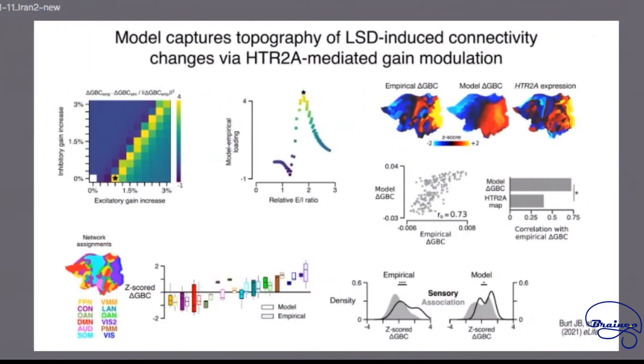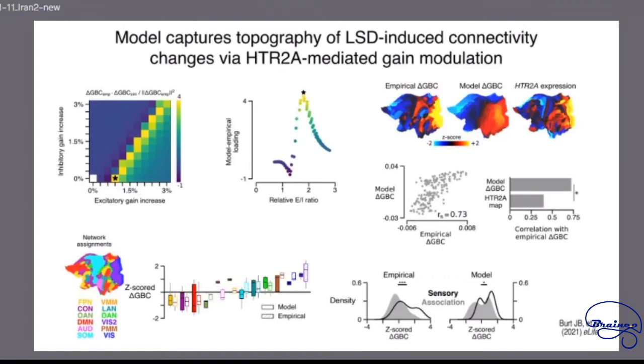Okay, and so when we do that, we can vary these two free parameters, which are the excitatory gain increase and the inhibitory gain increase, again following that topography. What you see is we get this kind of ridge of best fit. So there's some degeneracy, but you can see that it's shifted to the right of the diagonal. And if we collapse across all of this, what we see is that the best fit is basically determined by the EI ratio, right?